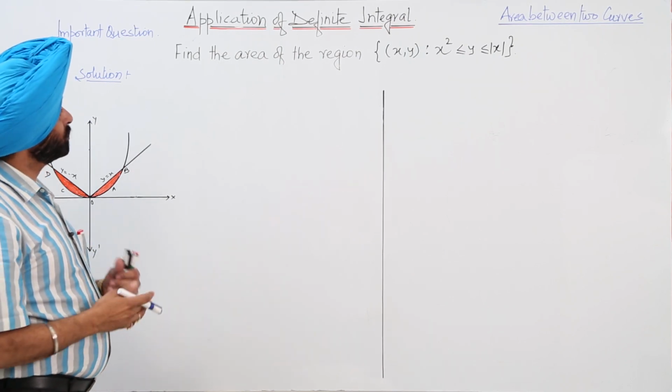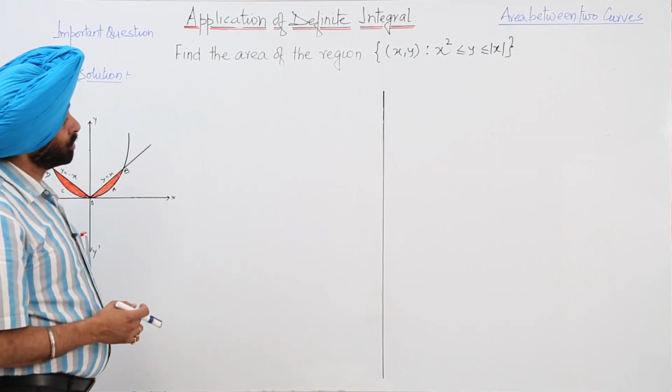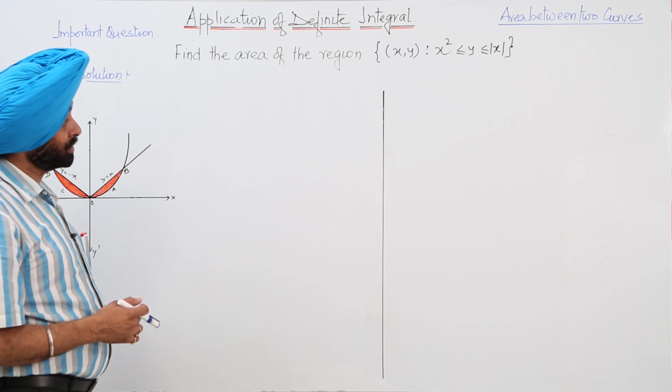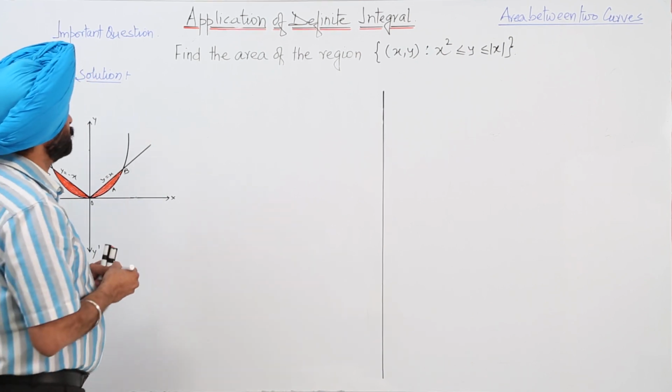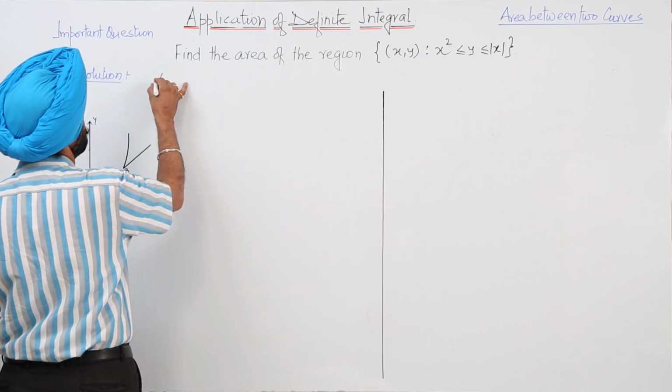Find the area of the region (x, y) such that x² ≤ y ≤ |x|. Okay, so now let